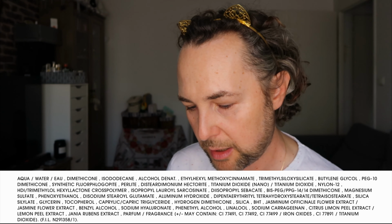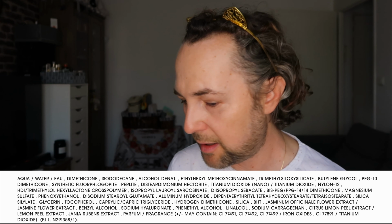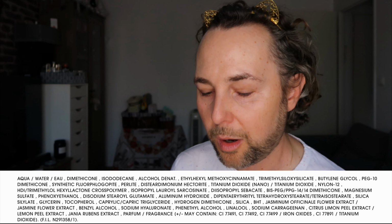Synthetic fluorphlogopite, it is a smoothing ingredient, but where are these actives? Where are these skincare ingredients? Still nothing. We're after half of the ingredients. I don't see anything. Glycerin, okay, but it's almost at the bottom. Tocopherol, okay, it's almost at the bottom. And then, oh my goodness,